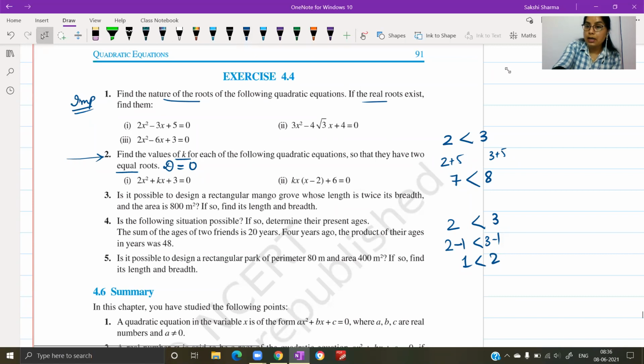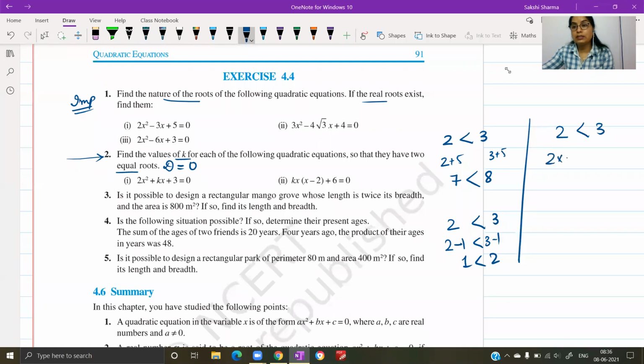Look what happens if I multiply both sides with a negative value. 2 is less than 3, if I multiply both sides with a negative value, on left hand side, now I have -2. On right hand side, I have -3. Now the inequality changes. अगर आप negative value से multiply कर रहे हो, आपकी जो inequality का sign है वो change हो जाएगा. Same thing if you're doing division. If you're dividing by a negative value, I've taken the simplest negative number, the inequality again changes. Keep that in mind when you're solving inequations.